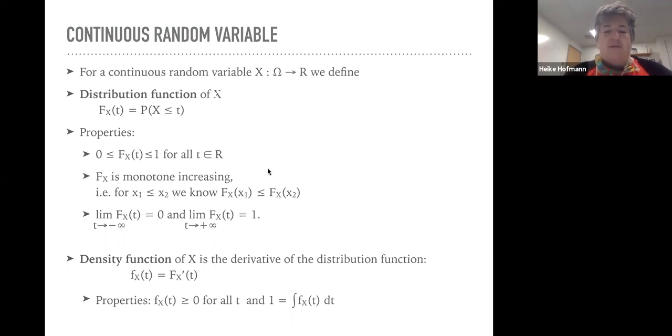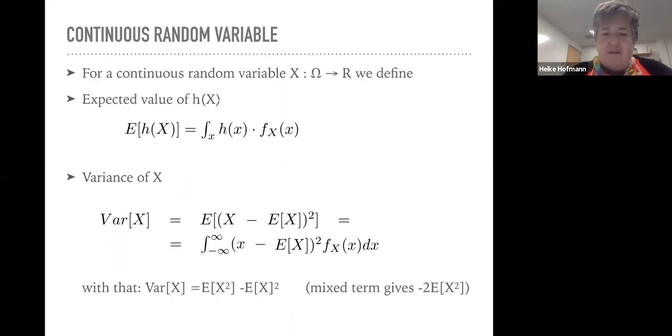So distribution and density. Let's have a look at how that affects expected values and variances. And essentially it doesn't. If you think of replacing the probability mass function by the density function and replacing any kind of sums by integrals. So the expected value of